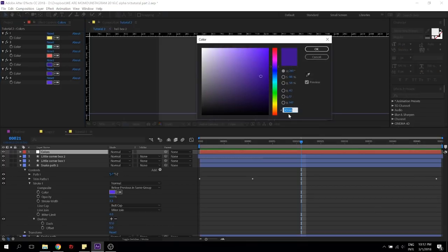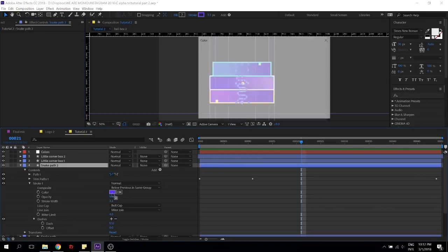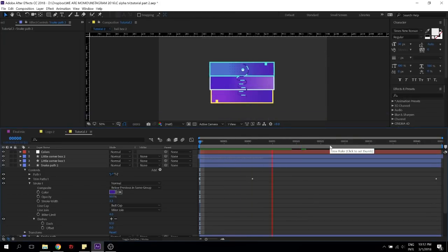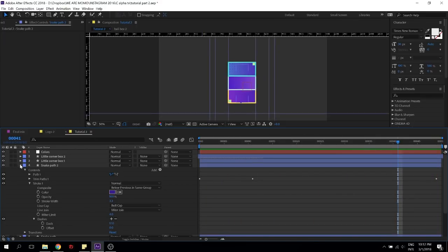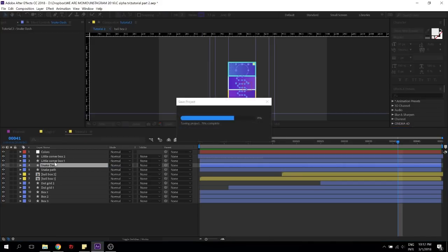Another thing we can do is maybe we can try another color. So I'm just going to try another color. I'm going to go here and I'm going to change the stroke color to that one. And I think this one's going to work pretty well. Yep, exactly. I think it worked pretty well. See, perfect. So right now we finished with the snake path, and that's quite fast, as you can see. Now that we did this dash on the snake path as well, I'm just going to make sure that everything is snake dash. Okay, everything is named properly.